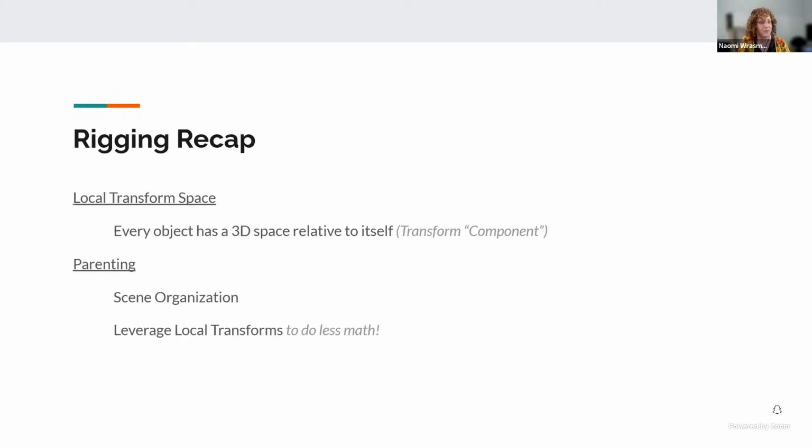And we've looked at local transform space, where every object has a 3D space relative to itself. You can think of transforms as components. They're technically a little different, which we'll see in the next session of this workshop, but transforms live with the components, and so that's the basic